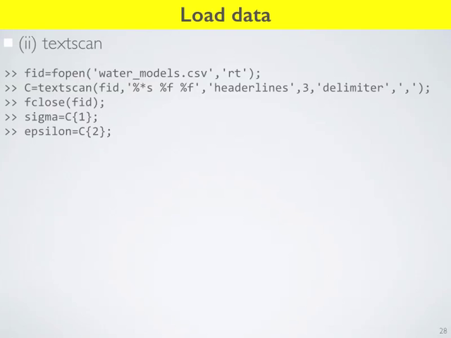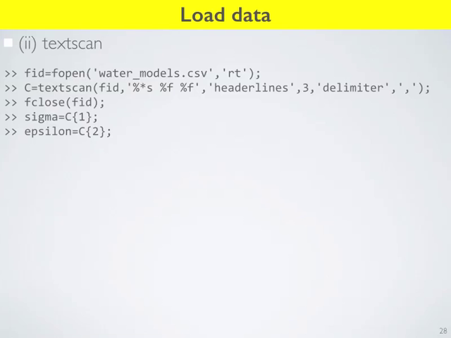Okay, so let's run through that. So the FID was just the coordinates we opened up here, tells MATLAB where the file lives. The format string tells it what format to expect. And so %s means it should expect a string as its first variable. But actually %*s means there's a string there, but I don't want you to read it. So the asterisk tells MATLAB that there is going to be a string as its first field, but don't bother importing it. We actually don't care about the string. All we care about are the epsilons and the sigmas. The next field is going to be the sigma, and the next field is going to be the epsilon, and they're both floating point numbers.